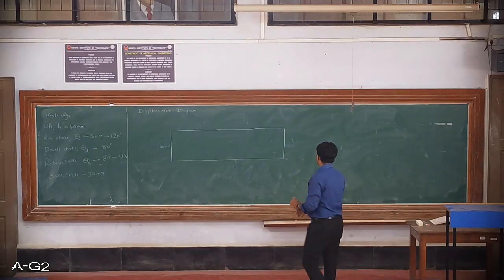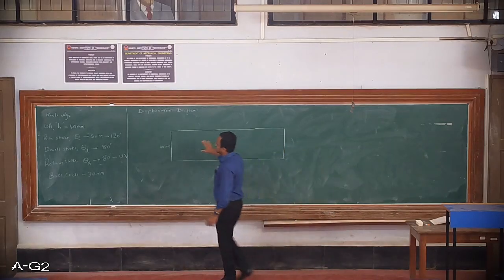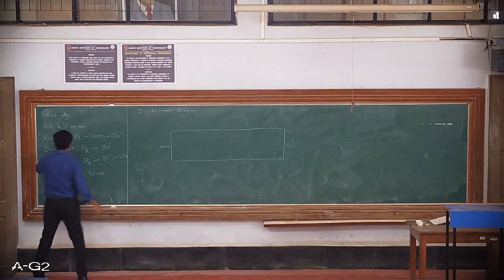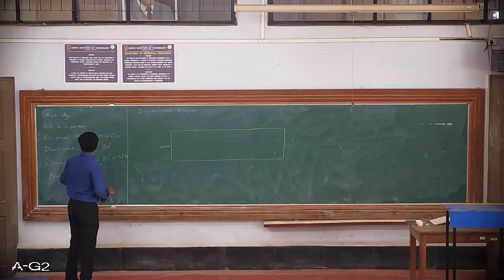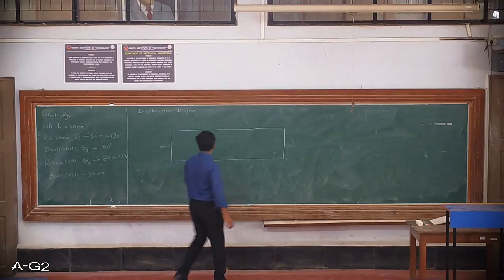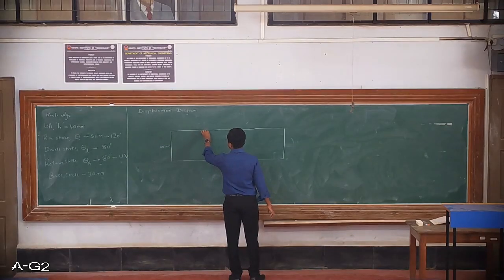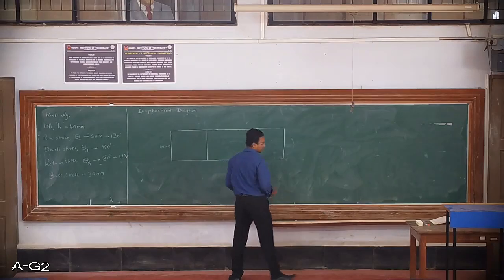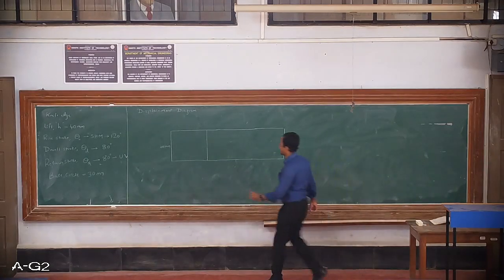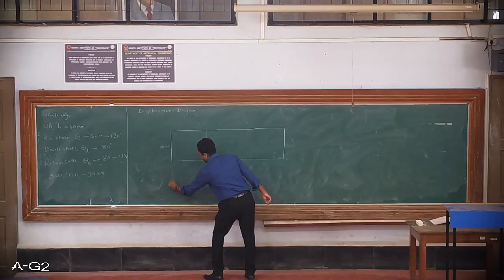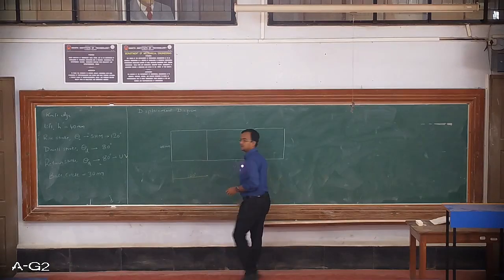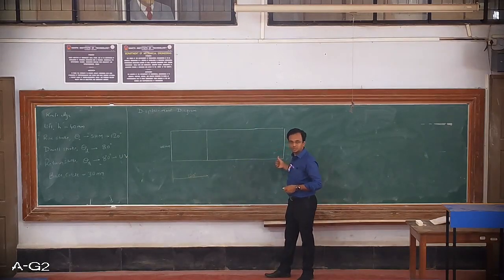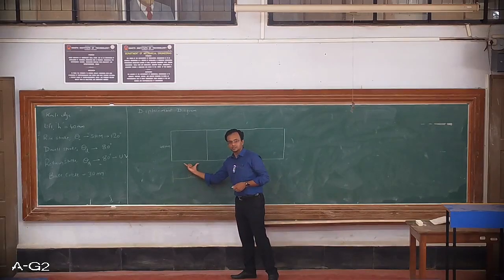So once I have completed this rectangle, I will divide this rectangle into these strokes, that is rise stroke, dwell stroke, return. After return again there will be dwell, which is not mentioned but we'll come to know over here. So first one is the rise stroke, 120 degrees. So I'll mark this, see over here. Okay. So that means this length is 120 degrees. So if you have taken 36 centimeters over here, this will be equal to exactly 12 centimeters.